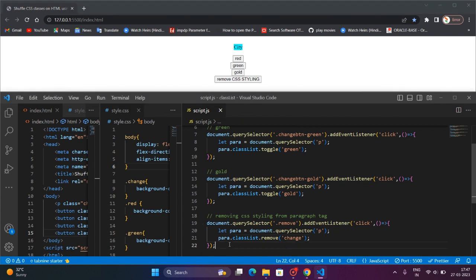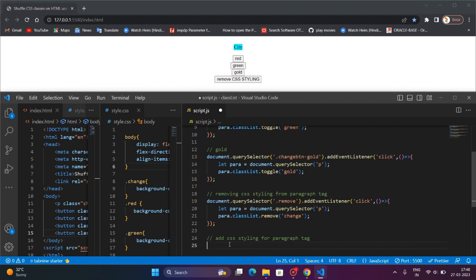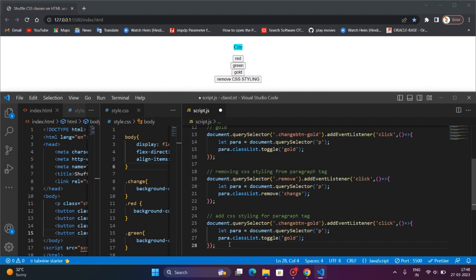Also we can add, right? So now we will use add CSS styling for the paragraph tag. Again we just need to copy and paste it. Now here we need to mention add, right? Now here we need to use the add keyword. Okay, right? So we will use the existing CSS classes for the same,